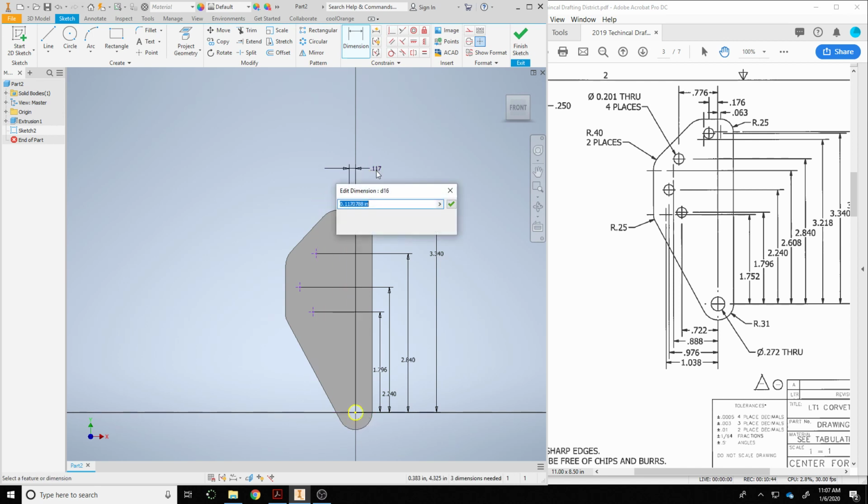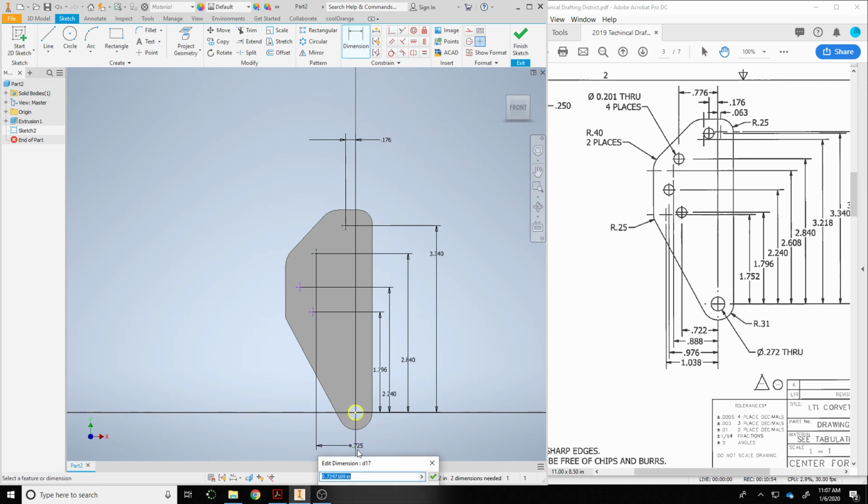So up 0.176. Next one 776. Next one is 976. And then the last one is